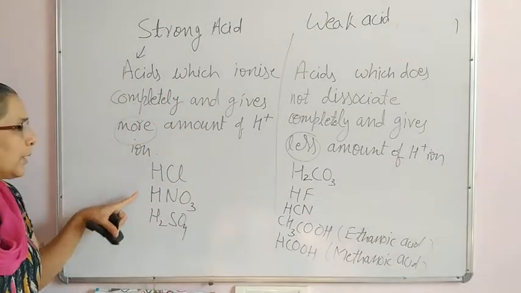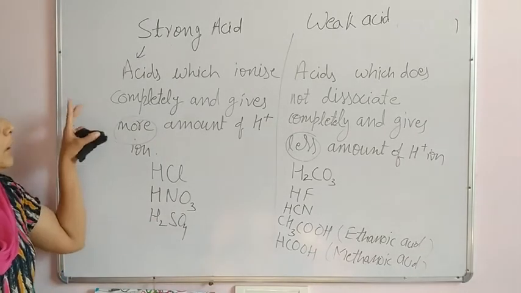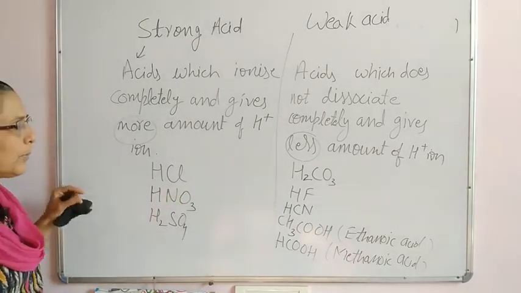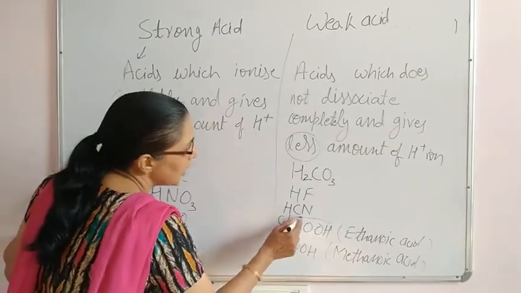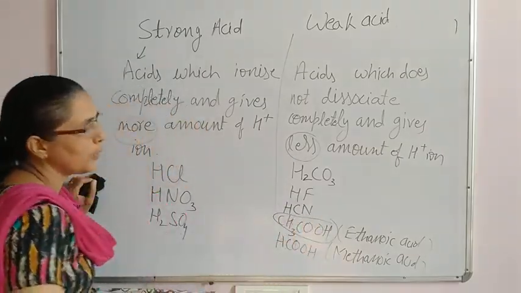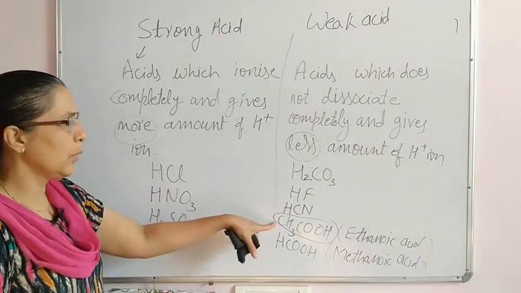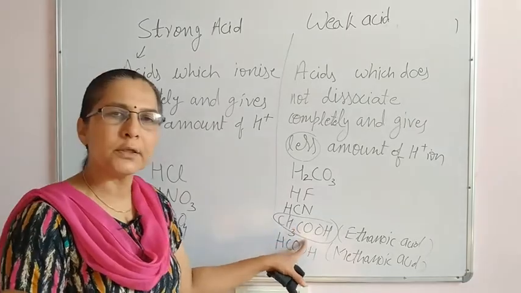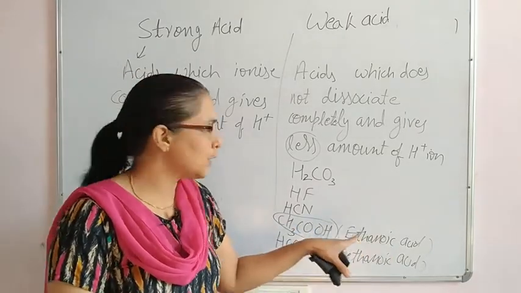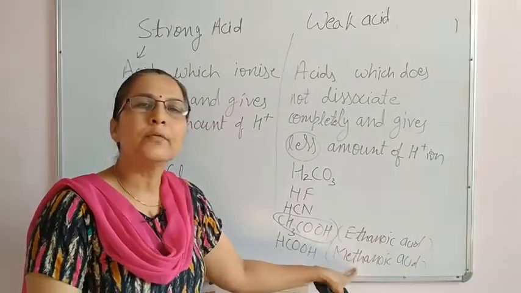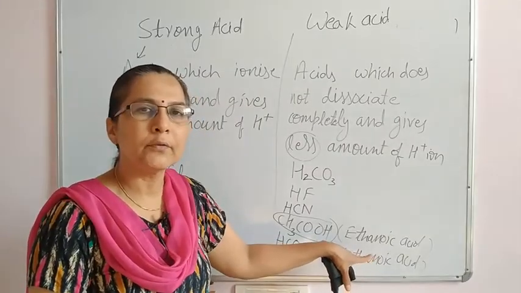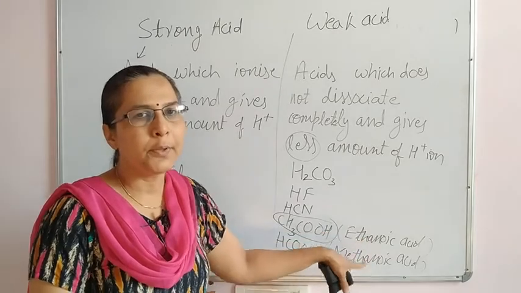Please remember this table because at the level of 10th standard there is no option with you. You have to remember. Out of these, acetic acid is quite important, you have to use it in the laboratory also. The other name of acetic acid is ethanoic acid, as well as methanoic acid, which comes from ants when they bite, or from honeybee.